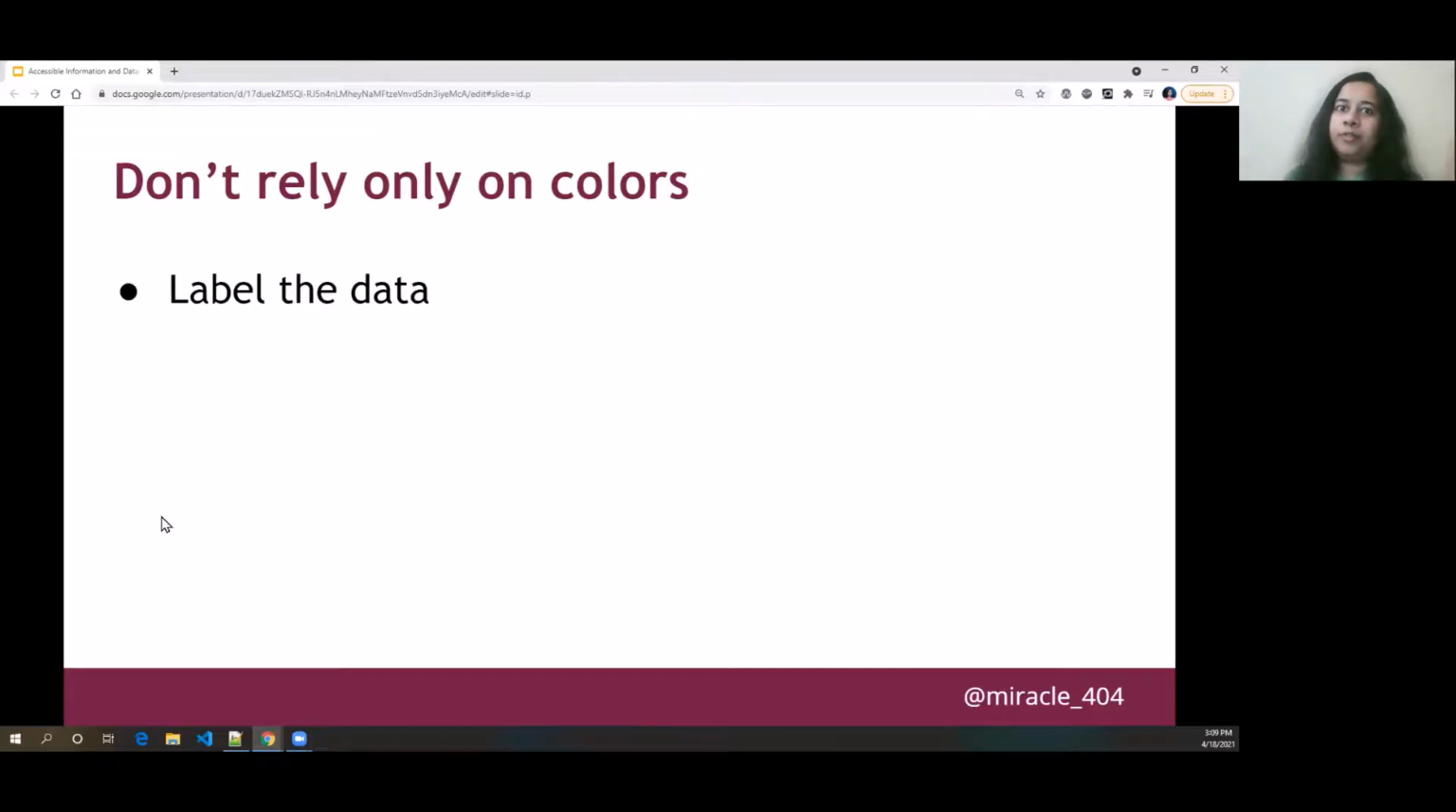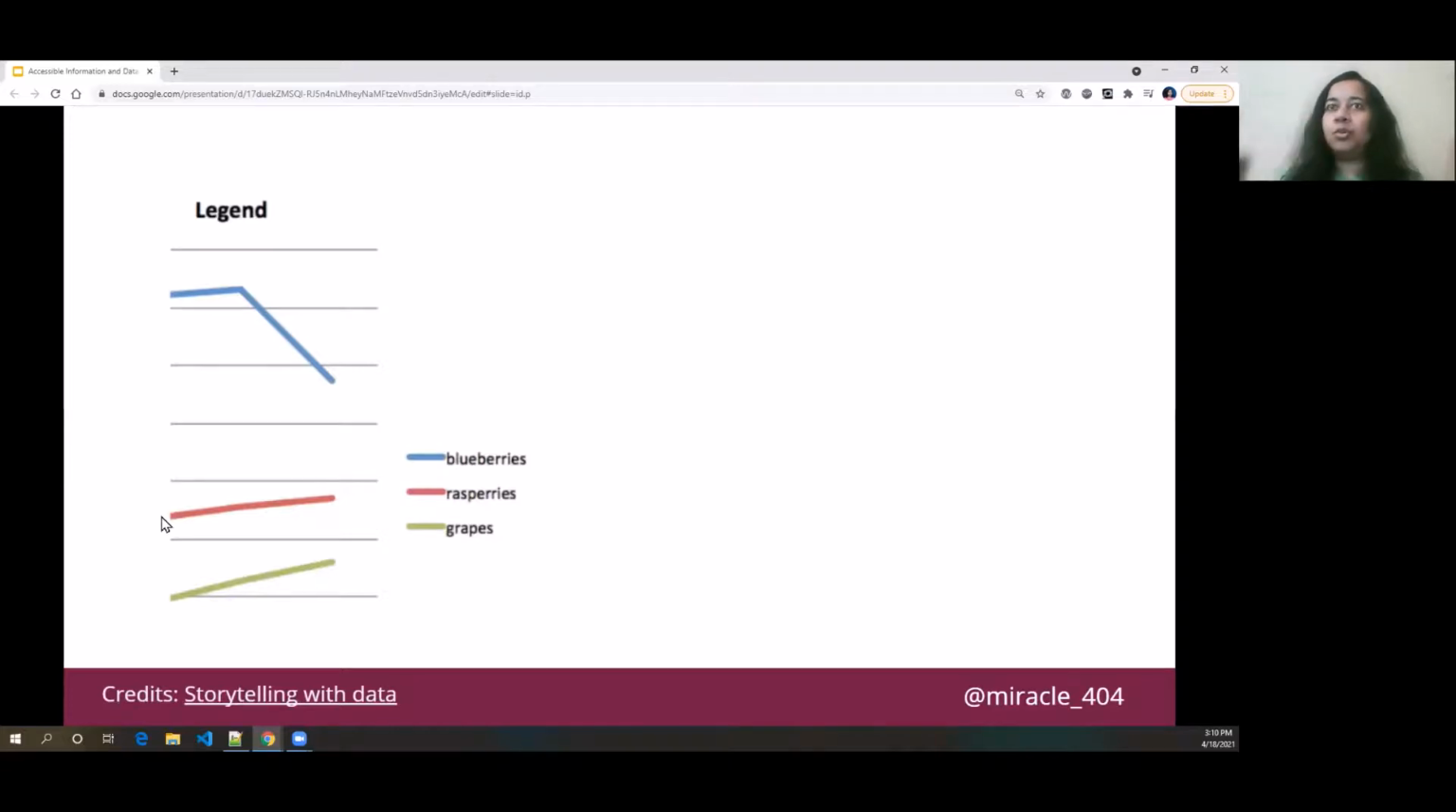So you can label the data. If you label the data, users will be able to understand more even if they are not able to understand those different colors, right? So let's see an example. So this example here, if you see,